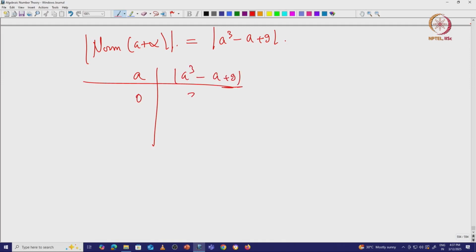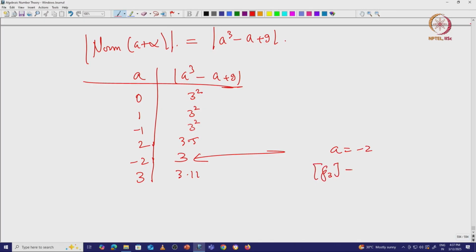a equal to 0, I get 3 square. If I put a equal to 1, I again get 3 square. If I put a equal to minus 1, then I again get 3 square. If I put a equal to 2, then I get 3 times 5. If I put a equal to minus 2, then I get 3, right. If I put a equal to 3, I get 3 times 11. So, 3, 5 and 11, they are all kind of appearing. So, this tells me a equal to minus 2 tells me that P3 is 1,